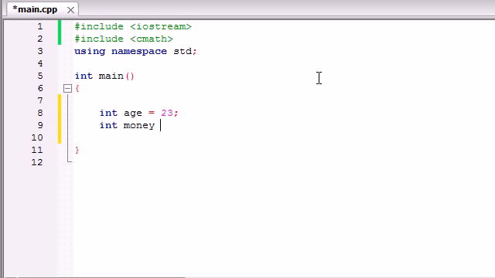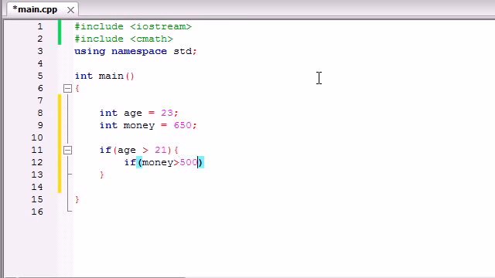And the next thing we're going to be looking at is how much money they have, because we don't want to allow poor people into our five-star nightclub. So let's say they need more than $500. So let's go ahead and make this like person has $650. So we can test this like this. If age is greater than 21 and if money is greater than, say, 500,